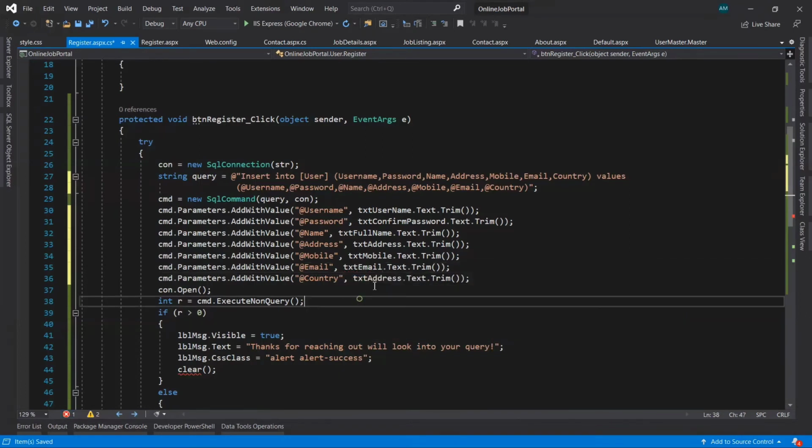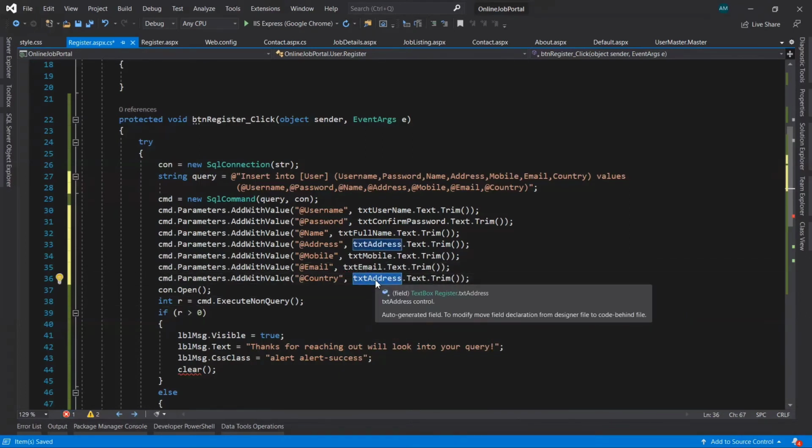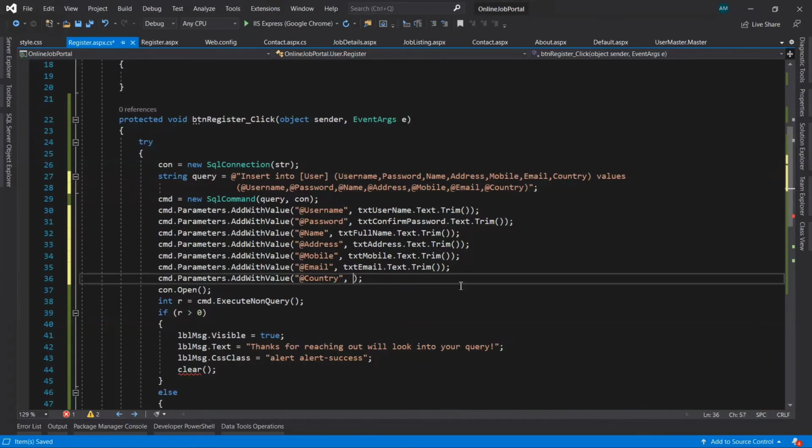The last one is not a text box. For the country, it's a drop down. So for that, ddlCountry.SelectedValue.